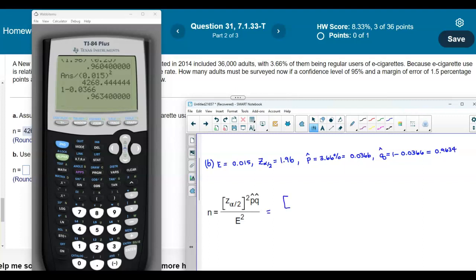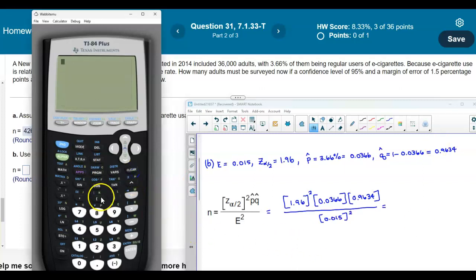It's going to be the critical value squared, so 1.96 squared, times the point estimate, 0.0366, times the complement of that point estimate, 0.9634, and then divide that by the margin of error, 0.015 squared. So let's go ahead and do that. We have parentheses 1.96 squared times 0.0366